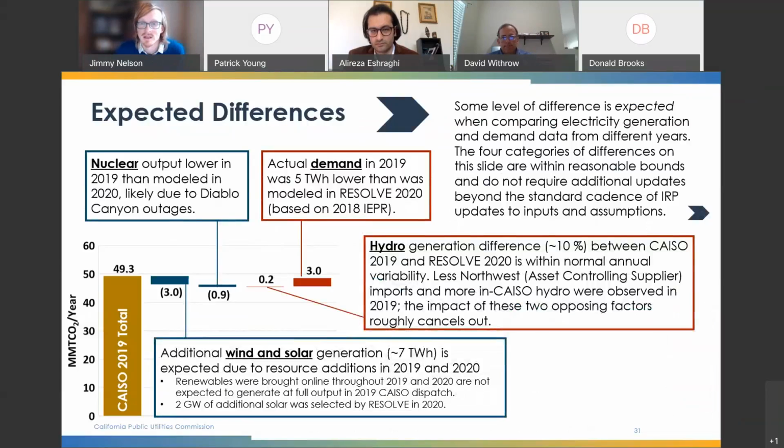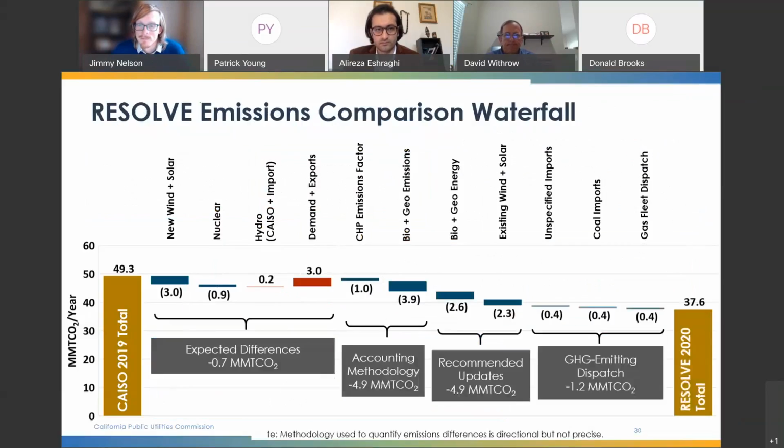Oh, actually, sorry, Ali, can you go to the previous slide? One color coding thing here: blue items are ones that, when we looked at the difference, appear to bring the data sets more in line. In other words, if you adjust for new wind and solar generation, you bring the data sets more in line. The 2 red ones actually bring the data sets slightly less in line, so that's why they go up and down and up and down. Next slide.